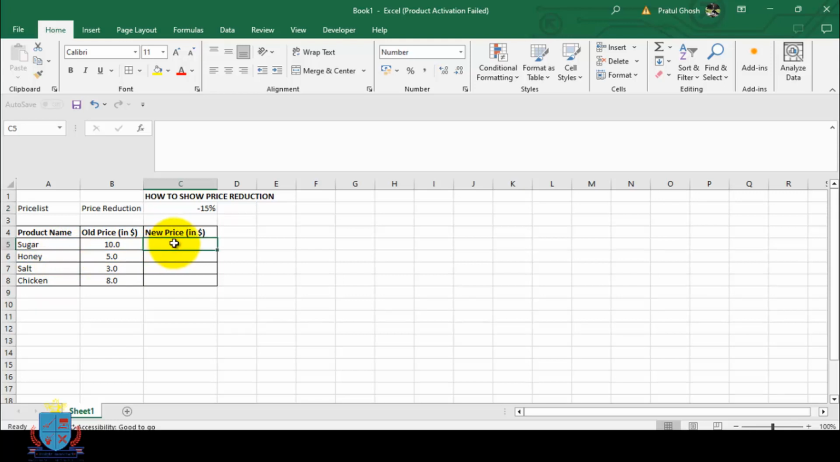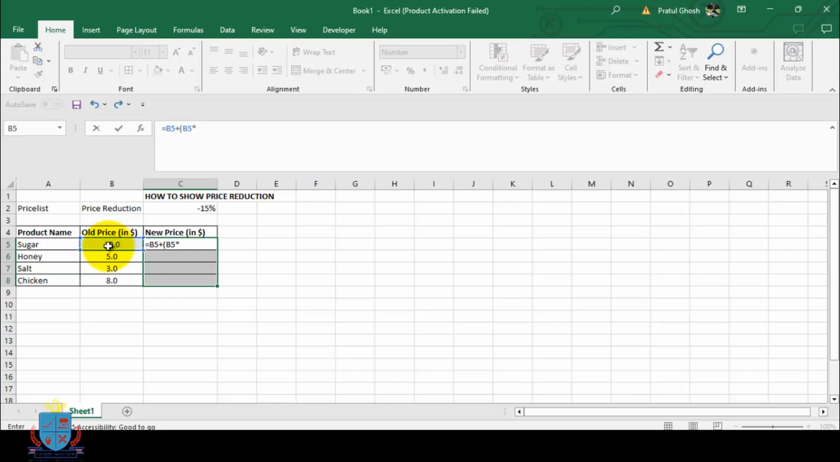For this, I am going to select the cells from C5 to C8. Now in the formula bar, I am going to write the formula to calculate the new price, which is equal to, then I select B5, plus, then I start first bracket, then again B5